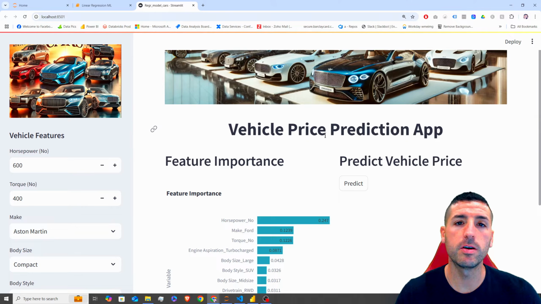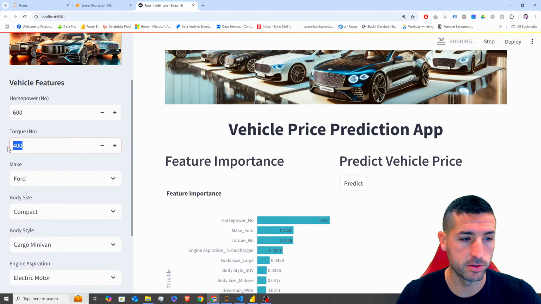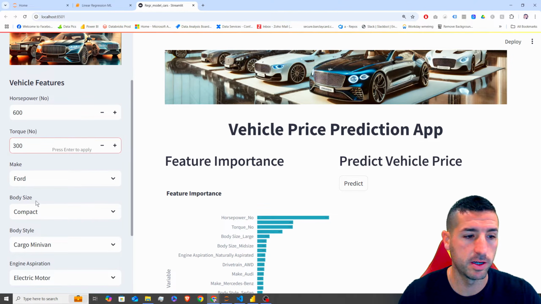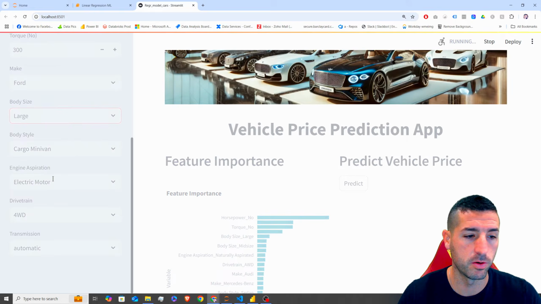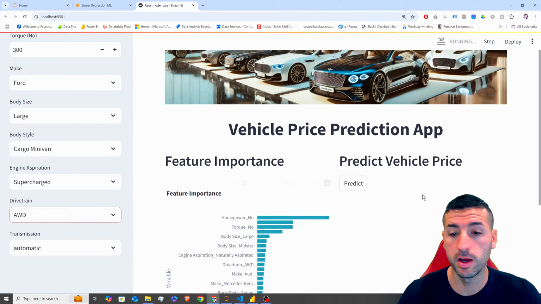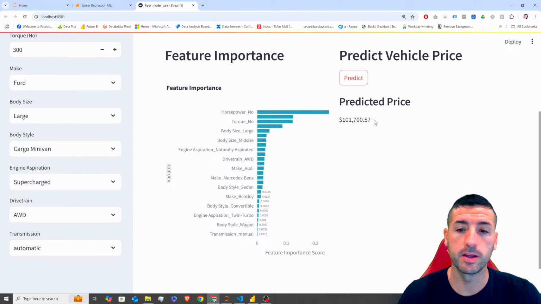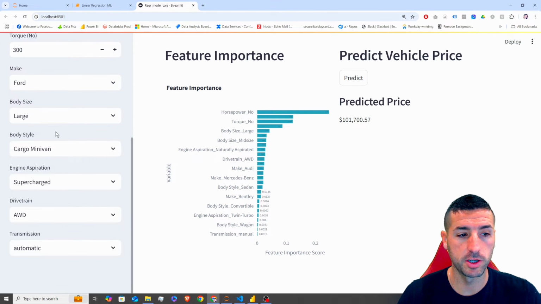In this video, I'm going to show you how to deploy your machine learning model into a Streamlit app like this one, where you get to input your values over here. So for example, 300, and then change any of the features you have used to train your machine learning model. Then you can click predict, and you are going to get a prediction based on the selections you did on